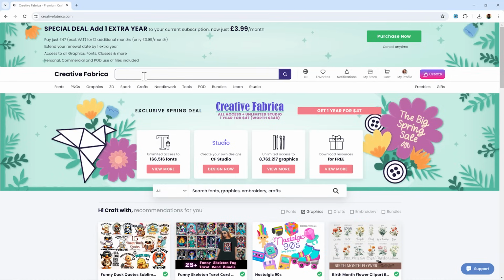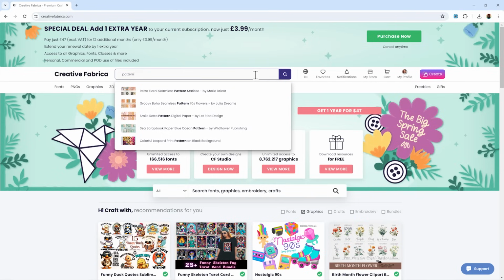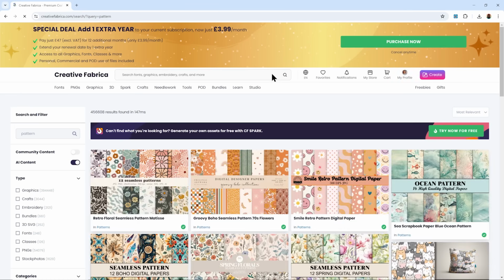And you might find that it looks a little bit different. I think they've got a little promotion going on at the moment, which is why it's got all of these green graphics. It doesn't normally have those. So don't worry if your screen looks a little bit different to mine. But what I'm going to do is go up to the top and just search for pattern and hit the search key. And this will show me all of them,